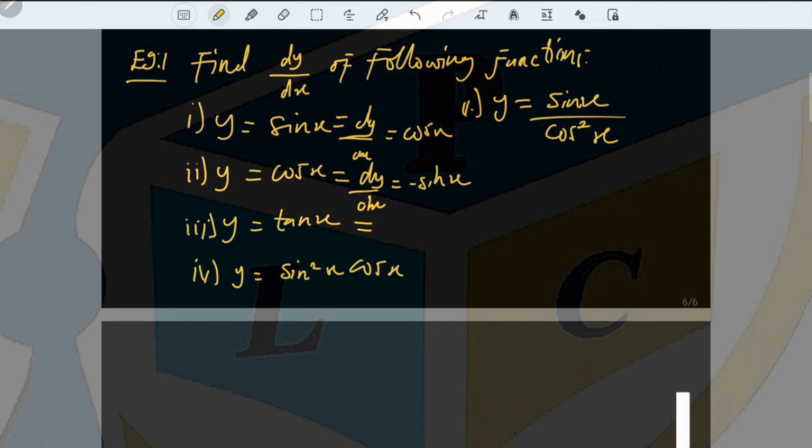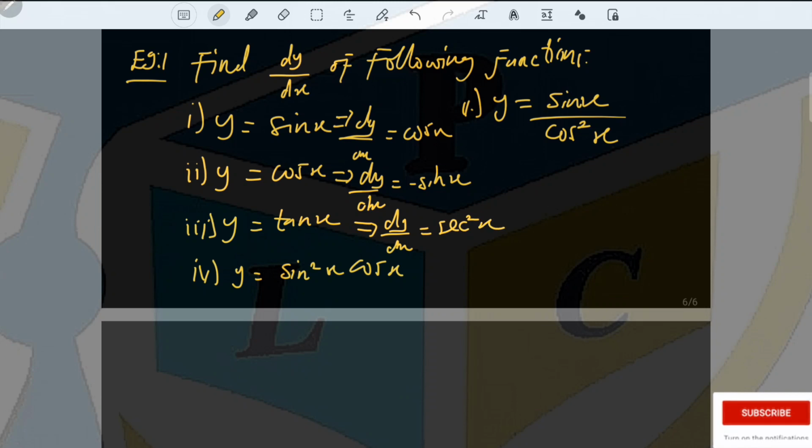And the differential of tan x is going to result in sec squared x. So I can say that my dy over dx is going to be sec squared of x. I hope that is clear, right? So let's look at